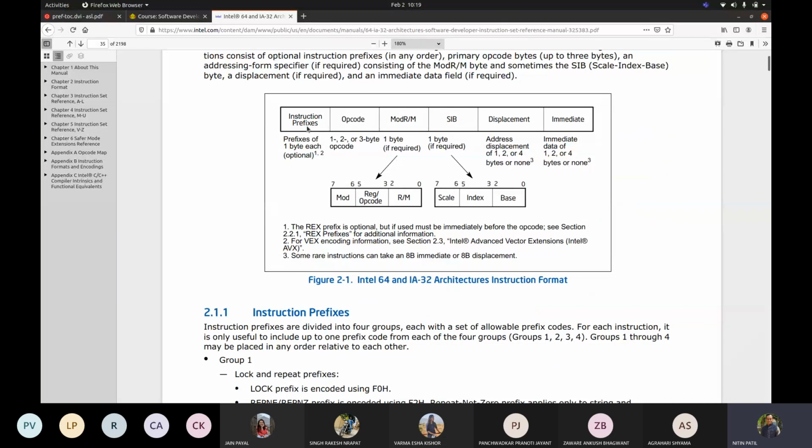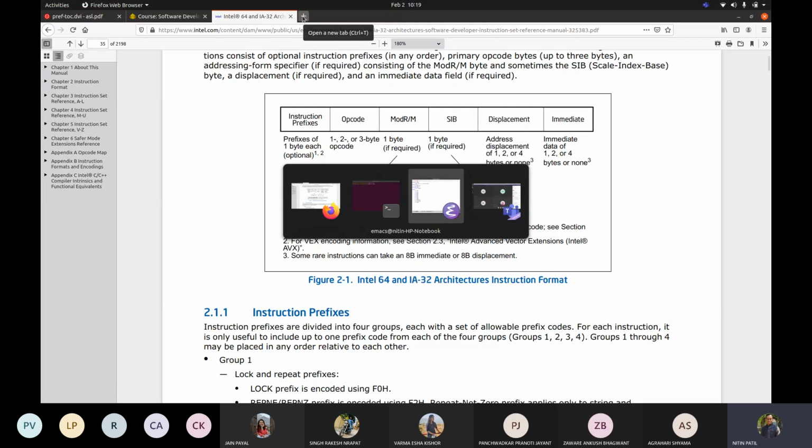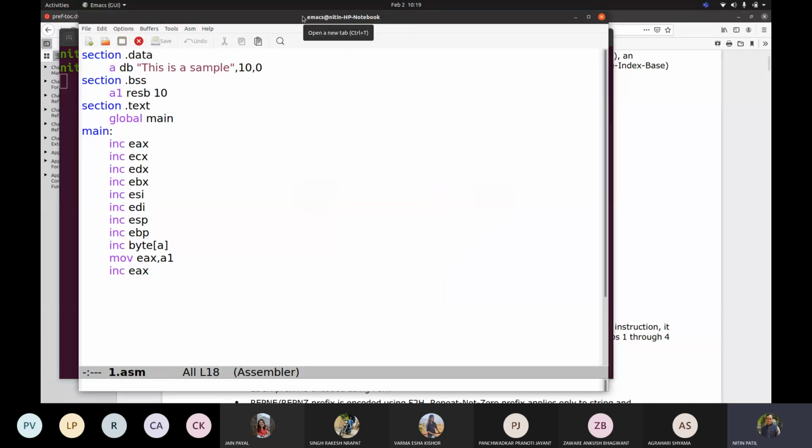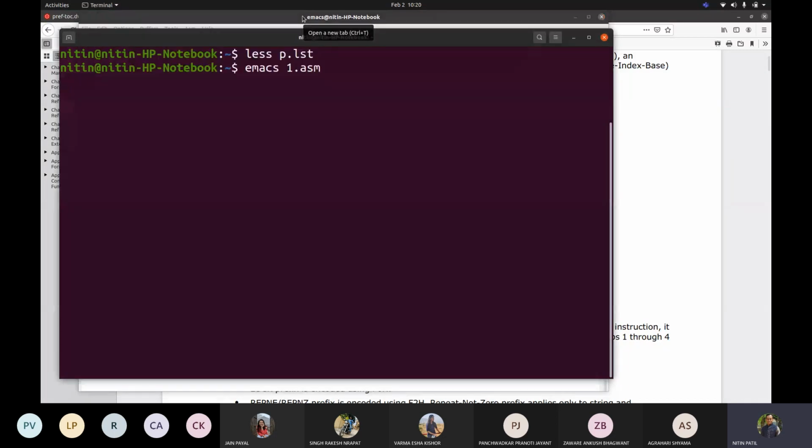Fine. Now in 64-bit, what happens is your registers are going beyond EAX to EDI. So every register, the way that we saw in IA32, which was starting with E, correct. Now when I talk about 64-bit, I can see that there is something called RAX. So E would be replaced by R now, correct. So the general purpose registers EAX to EDI, this E would be replaced by R, correct.